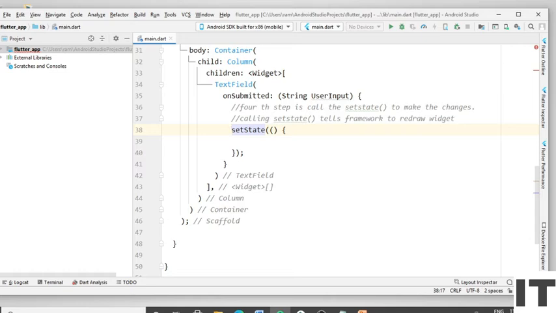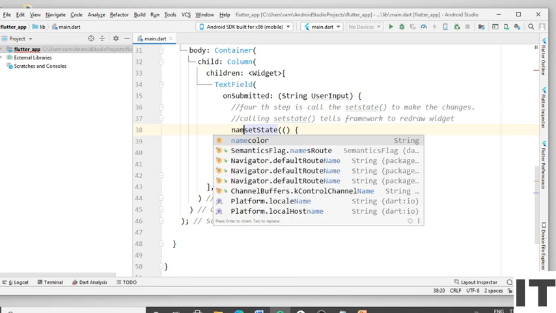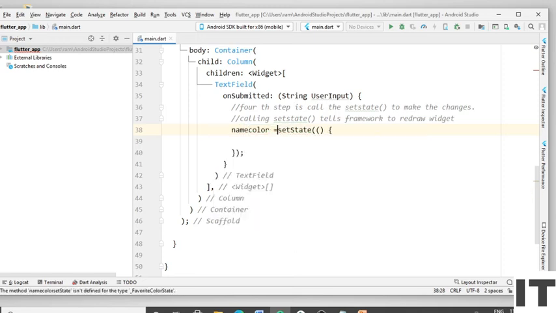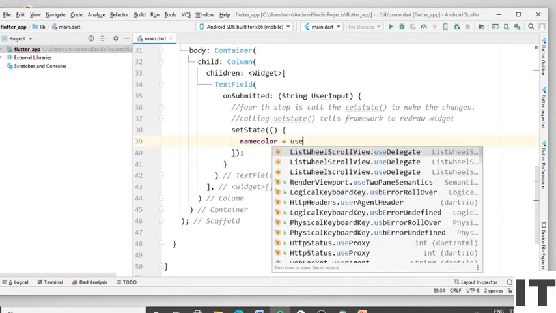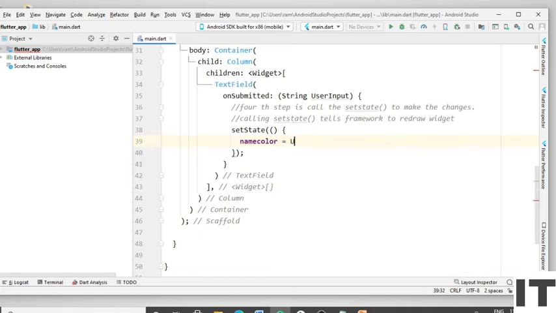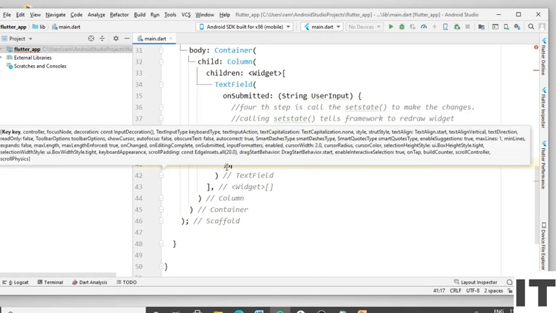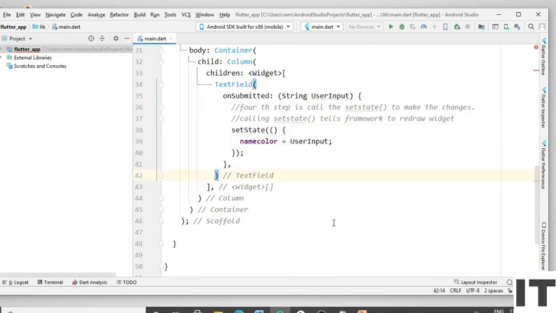Within the setState method, we can set nameColor equal to the userInput. Type nameColor equal to userInput. Put the semicolon. Give the comma.